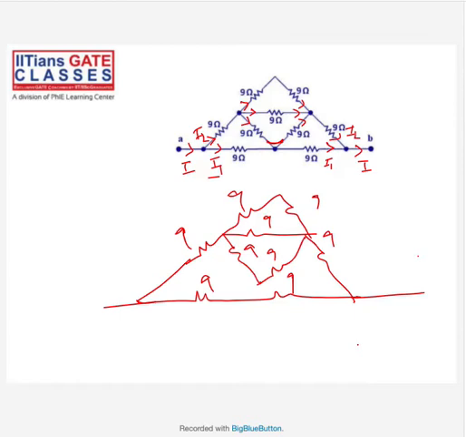Okay, anyhow, let me see. Let me do this. 9 and 9 are in series, here 9 and 9 are in series is 18. 18 parallel with 18 is 9. Again 9 and 9 will be 4.5. Right? This is 4.5. 9 and 9 series is 18. 18 and 18 is 9. Okay? 4.5.